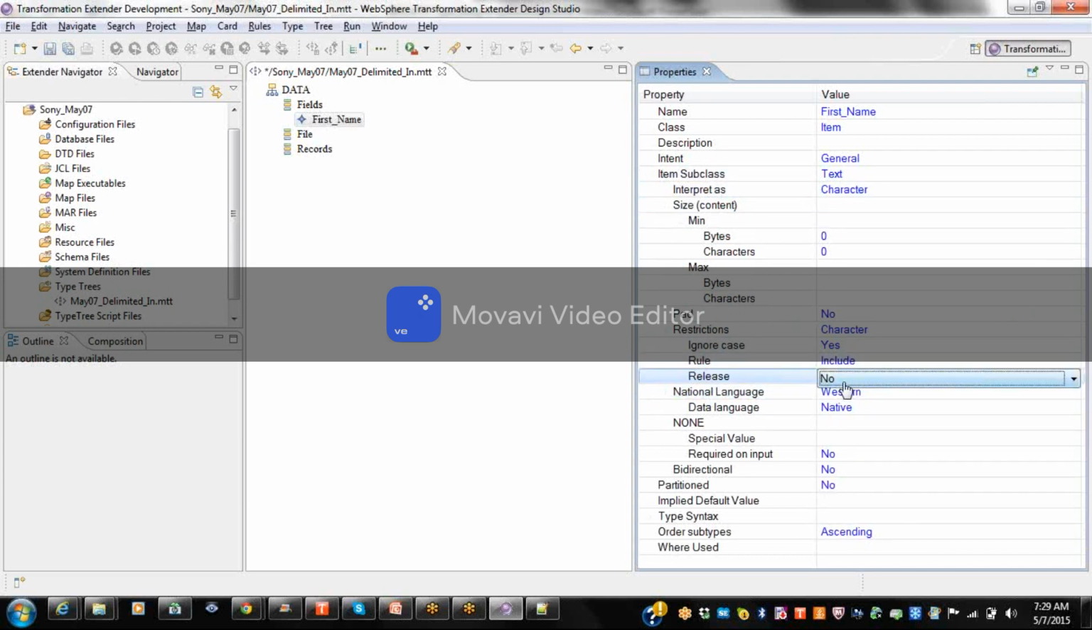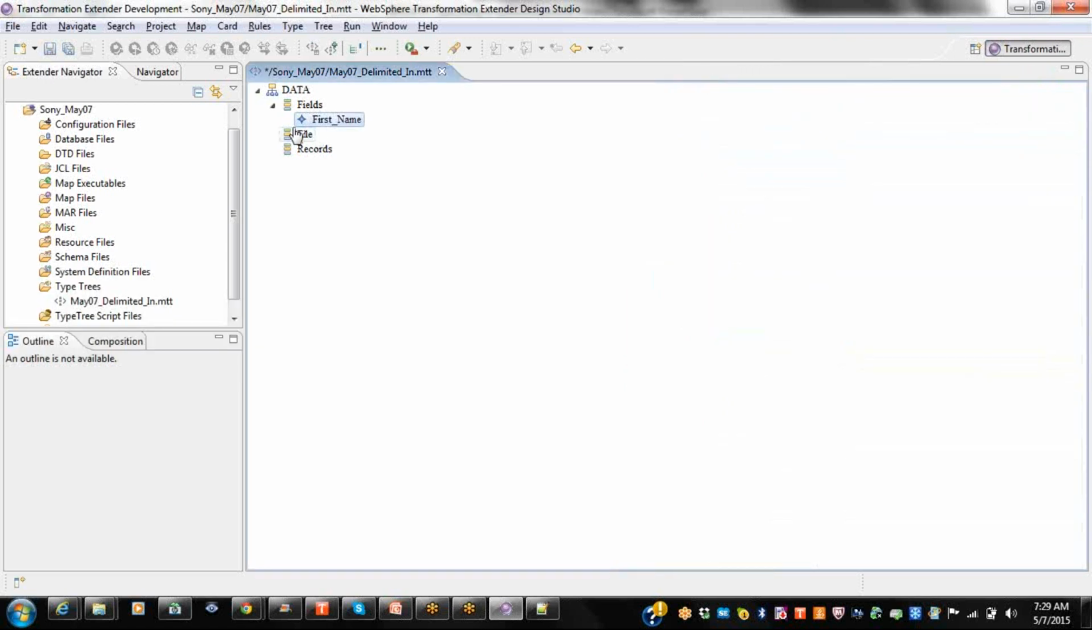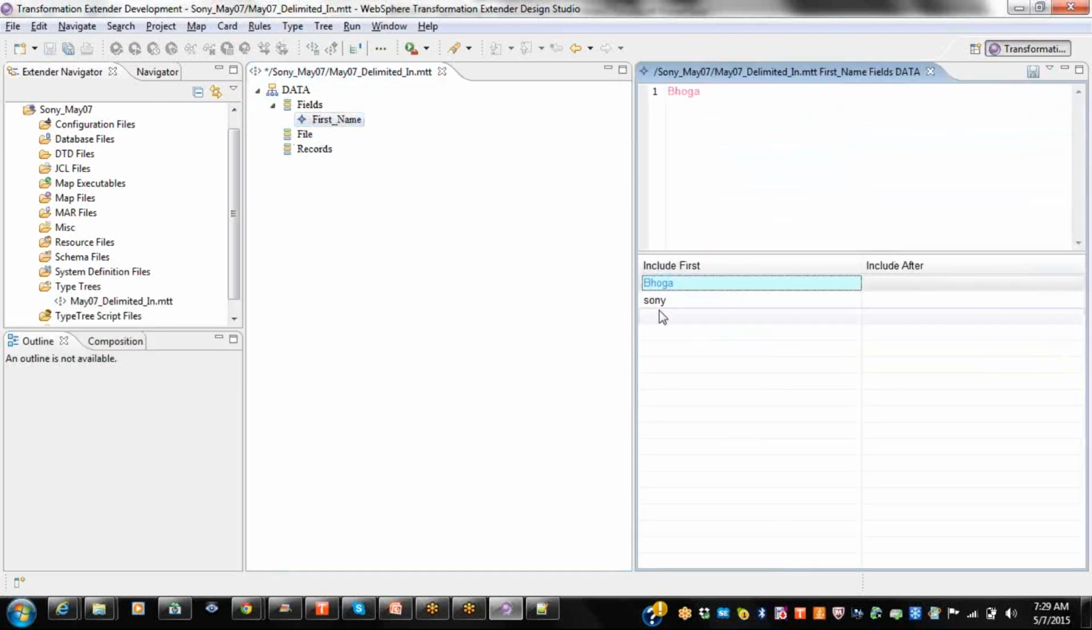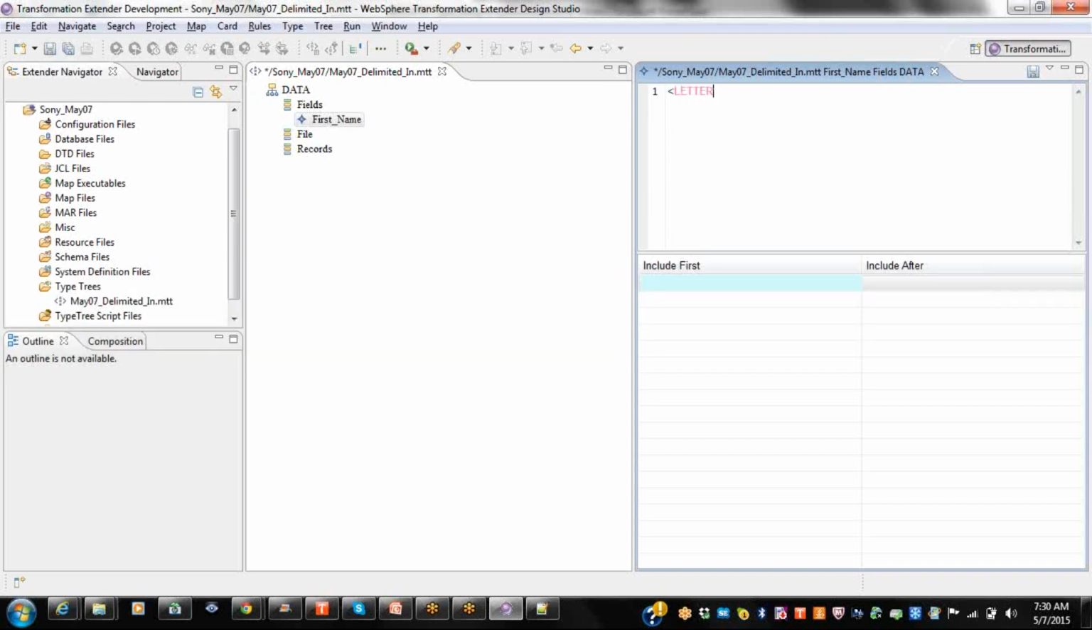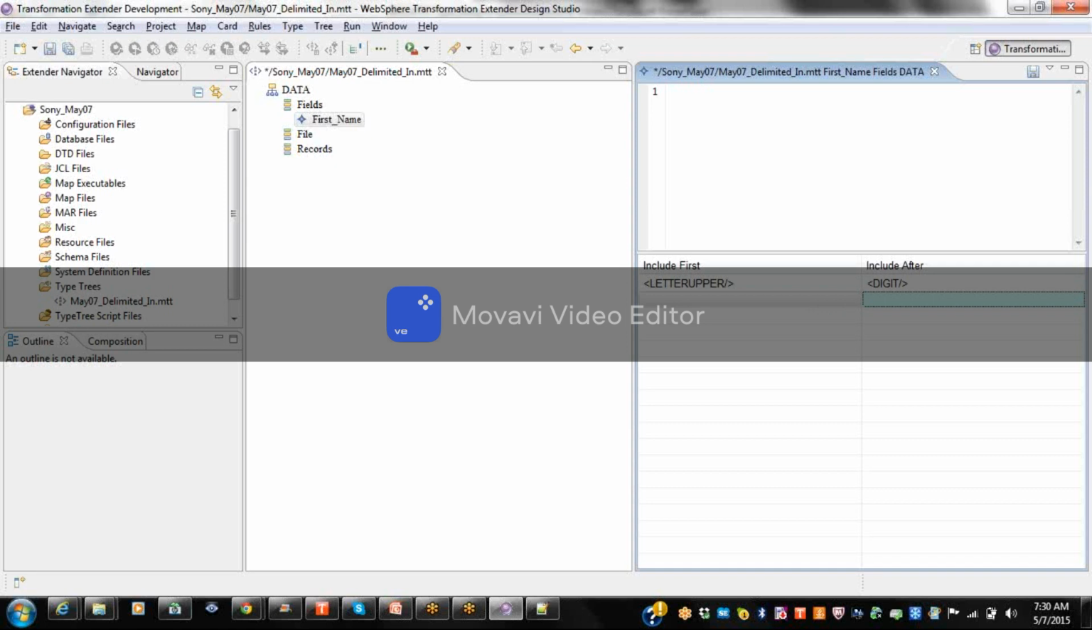For everything, rule, value, character, everything will be include or exclude. So what is meant by include first for character? We can define what should be the first character. Here we have to define like this: first character will be letter upper. So the first character should be an uppercase letter. The next, if you want something like digit, that means the next character should be a digit,